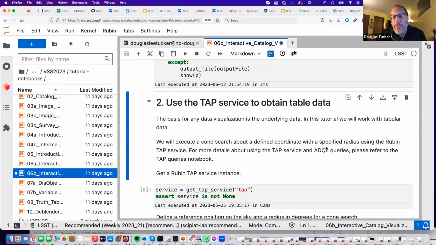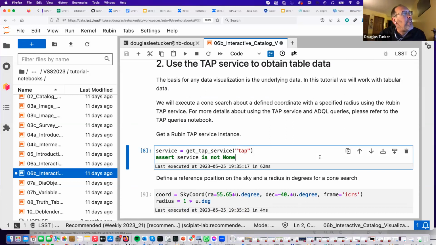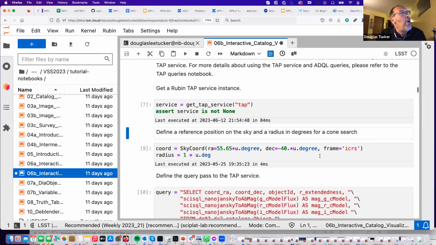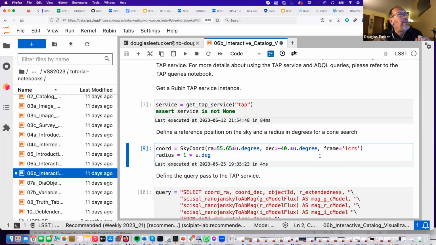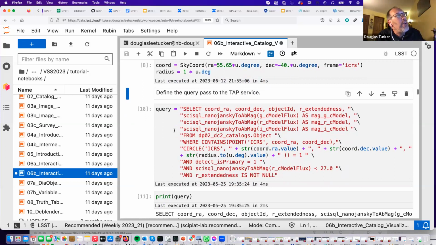Okay, let's grab some data first. We'll open up the TAP server. We'll grab a piece of sky, which will look familiar. It's basically that cluster that Jeff showed us a little bit earlier, a 1 degree radius area around that cluster. We create a query, an ADQL query,